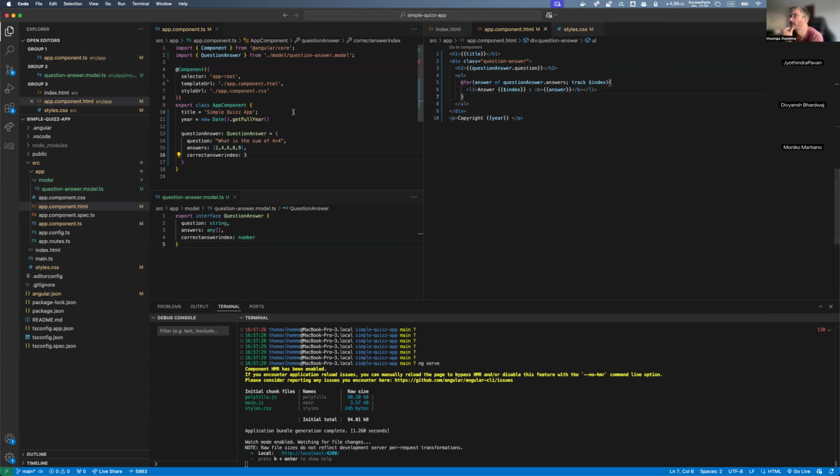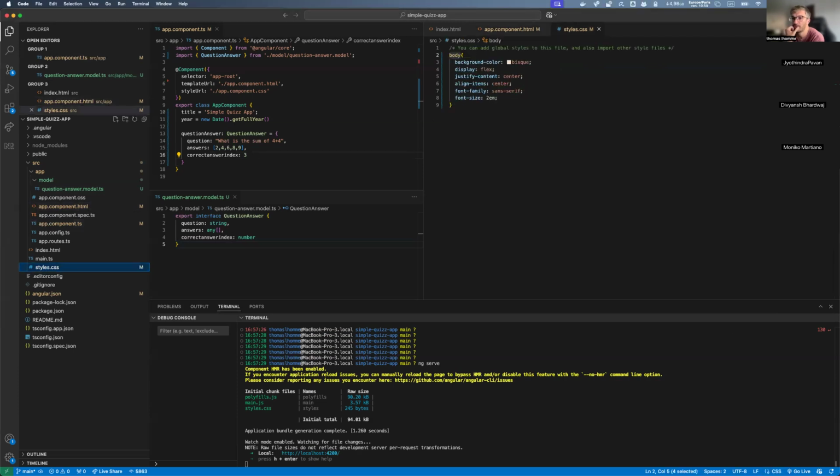So let's try this. I'm going the same way. I'm going to give you this CSS style here, that's style.css.